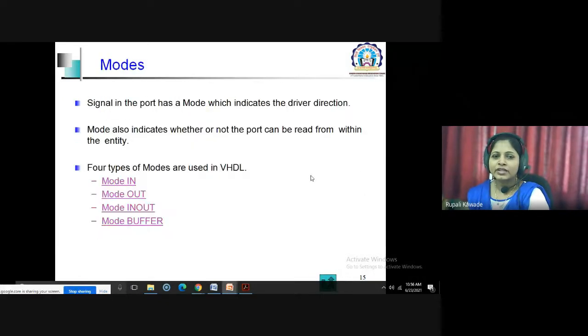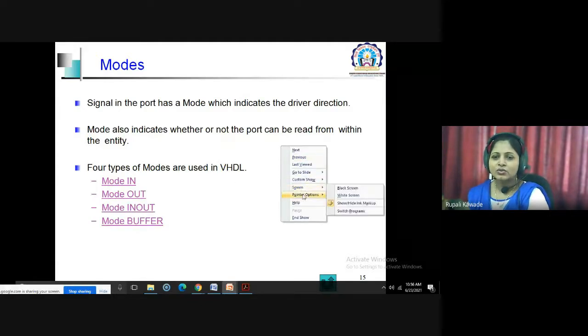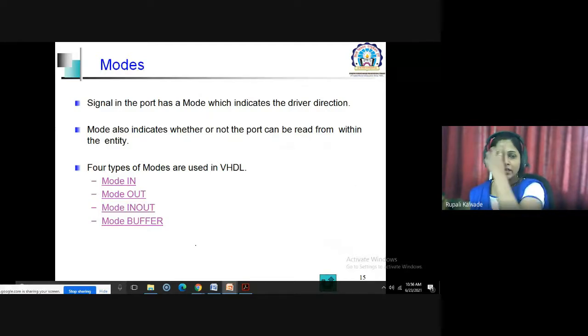Next, we are going to see the modes. In this entity, we mention different modes like in mode, out mode. If your pin will be used as an input pin, then we give the mode in for that particular pin. If the pin will be used as output, then we give the mode as out.